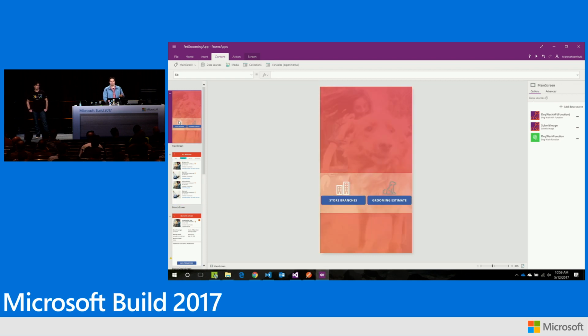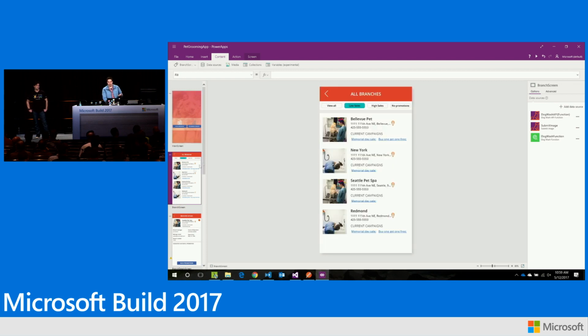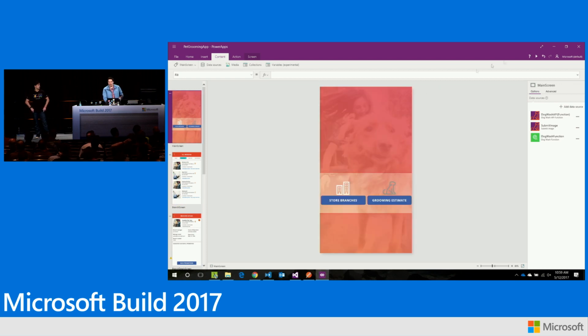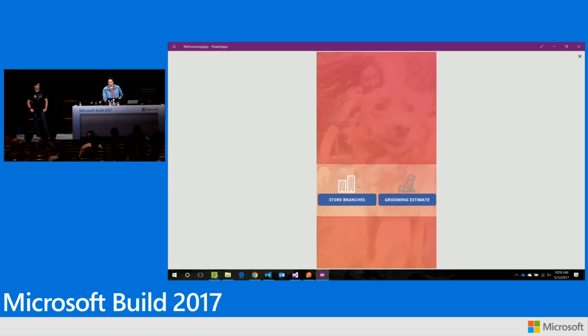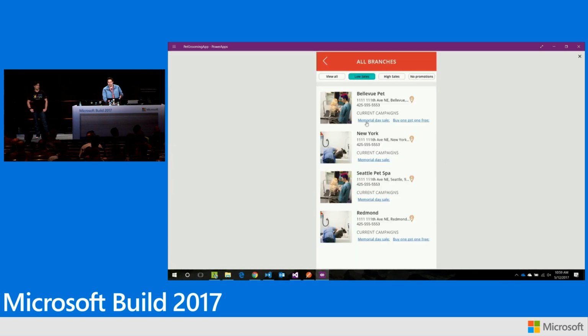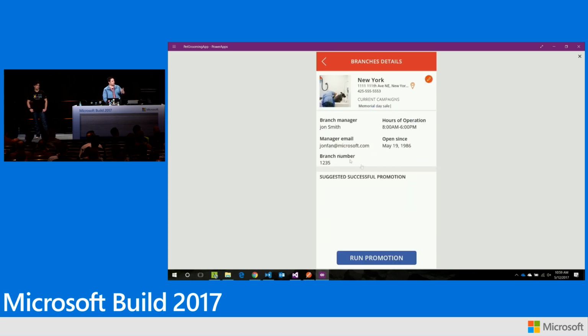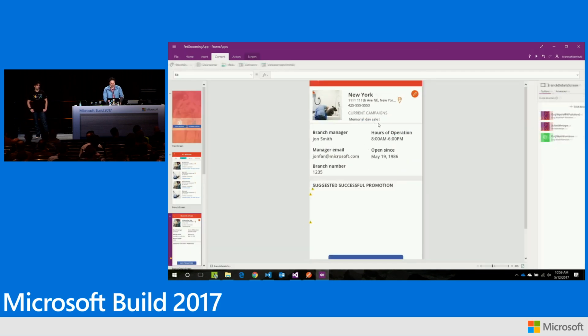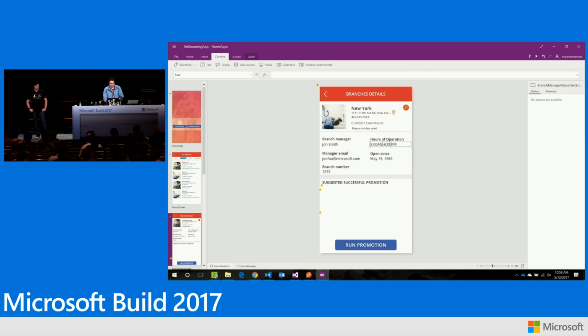And I'm able to connect this application to data as well. So you'll notice here, pretty simply in our Power App, all we're doing is showing information on the different branches that we have. So I can come in here and figure out, hey, in our New York branch, here's some information about our New York branch. That's great. If I want to make any changes, it's just a really intuitive kind of WYSIWYG experience so that we can just get this application up and running and run it everywhere. But it's this great